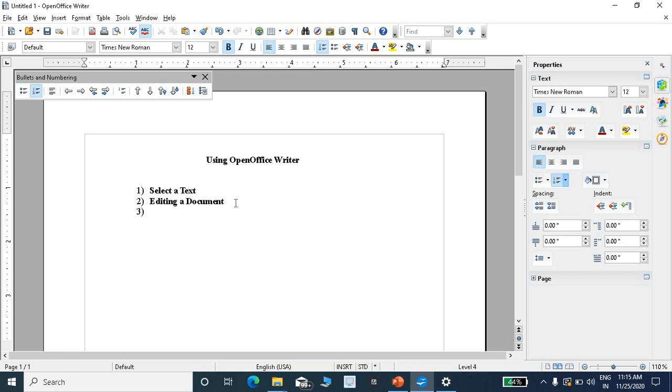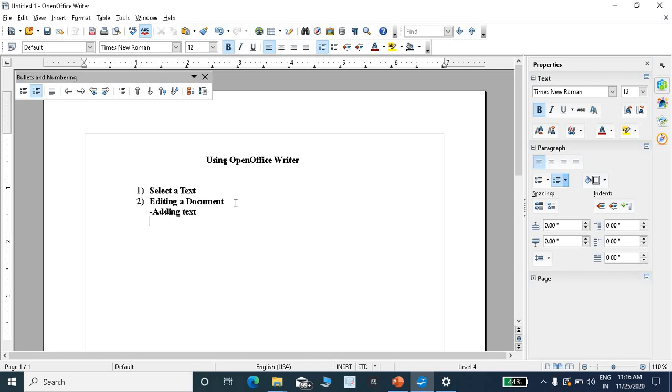So the first point is adding a text. Adding text. How to add a particular text? Listen, by using mouse you can add particular text. For example, I have to add ABCD in this document.